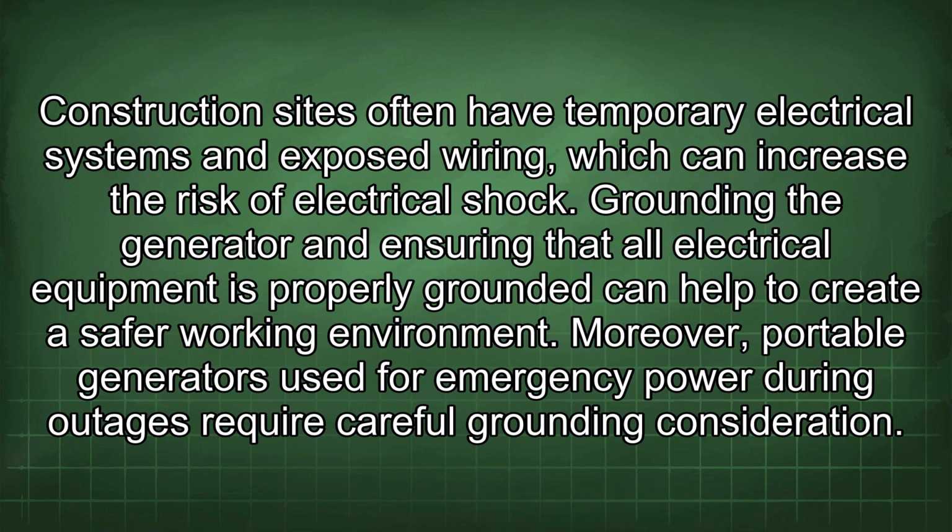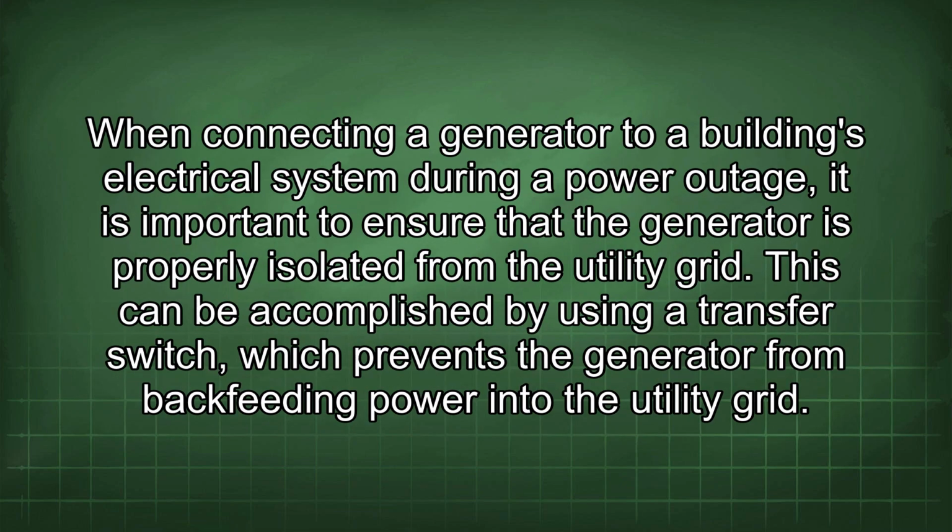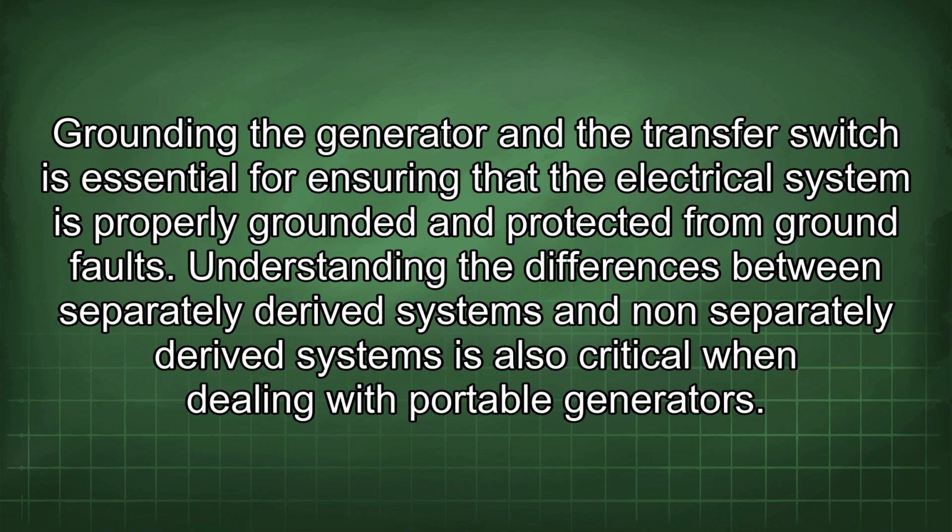Moreover, portable generators used for emergency power during outages require careful grounding consideration. When connecting a generator to a building's electrical system during a power outage, it is important to ensure that the generator is properly isolated from the utility grid. This can be accomplished by using a transfer switch, which prevents the generator from backfeeding power into the utility grid. Grounding the generator and the transfer switch is essential for ensuring that the electrical system is properly grounded and protected